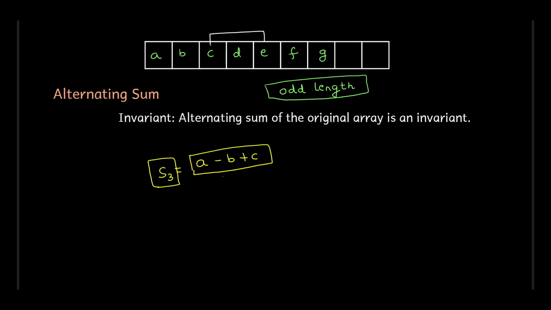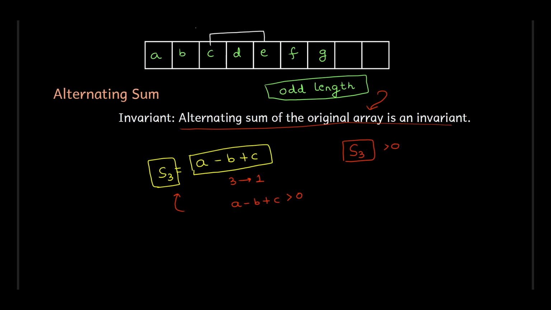Then the conversion from length 3 to length 1 can only happen if A minus B plus C is strictly greater than 0, which in other words means that the alternating sum of the last 3 elements remaining should be strictly greater than 0. But we just said that no matter in what order you do the operations, the alternating sum doesn't change ever. So this means that